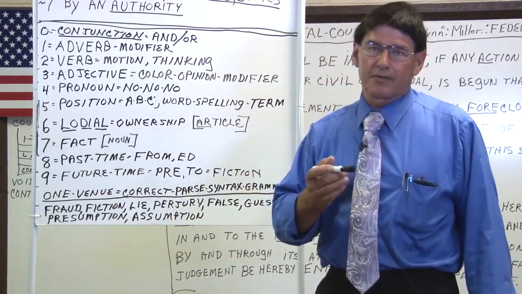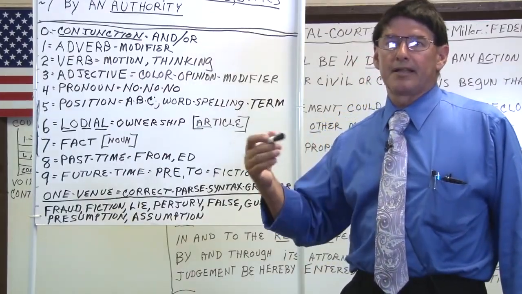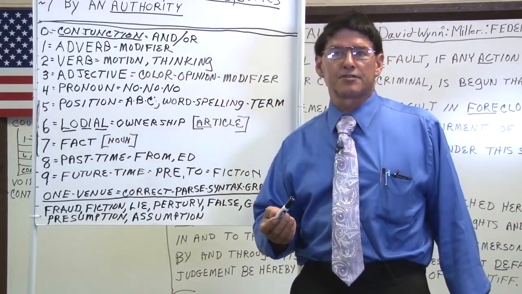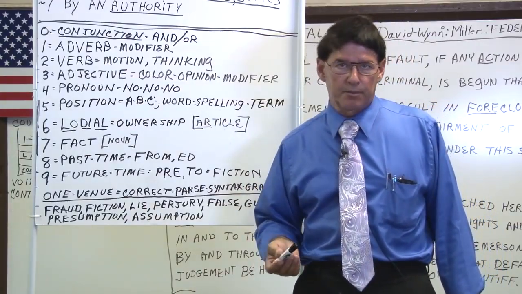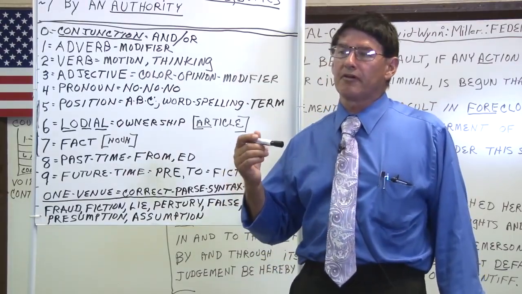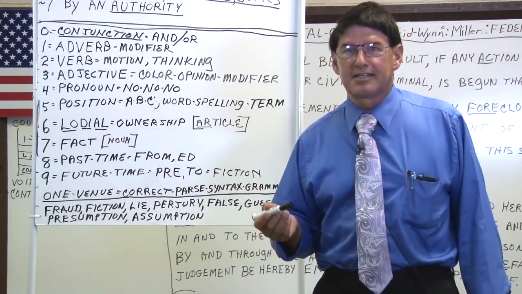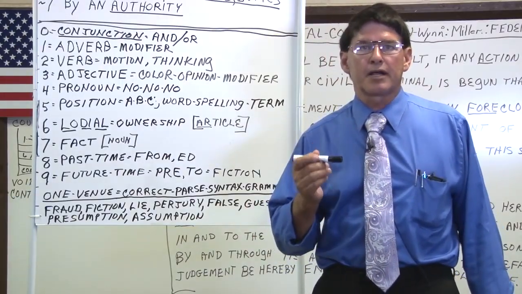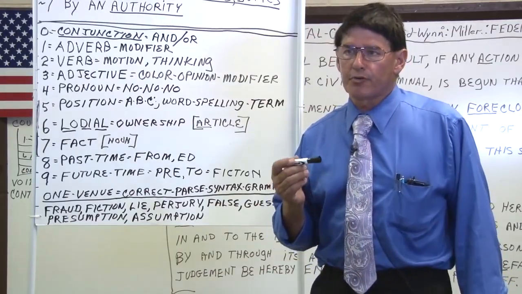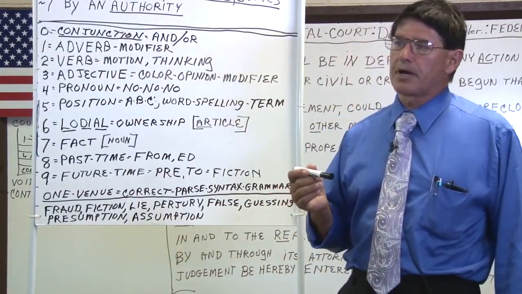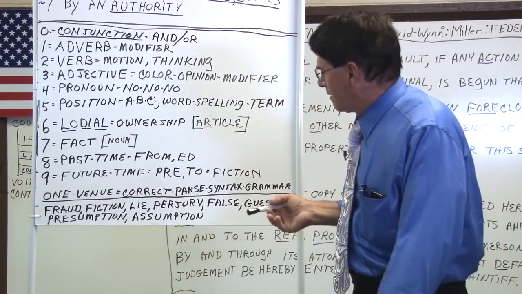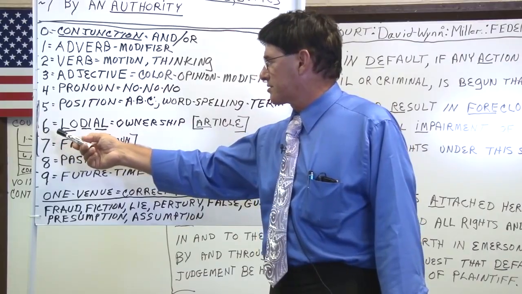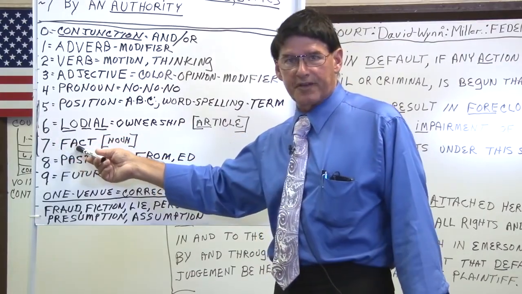For the black of the pen is with the writing on the paper. Now we have four words. 900 times 720,000 is 640 million variables. So you can see this can become a very large, complicated document when you're going into a mathematical certification to create a correct prepositional phrase or a correct structural sentence, better known as a parse syntax grammar. Now number 8, the 5 of a position always comes in front of a 6, which always comes in front of a 7, which is a fact.